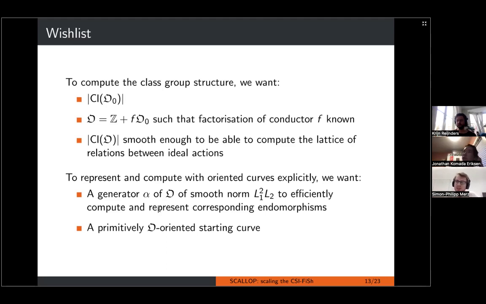And all of this done, we still need to find a starting curve. So in CSIDH, I guess any FP supersingular curve will do. But here you have to find some O-oriented starting curve where you can start with this group action. And this is not a priori an easy problem, because even deciding whether some supersingular elliptic curve has a certain orientation is difficult. So how did we solve these problems, or how did we actually instantiate the group action that we can work with?